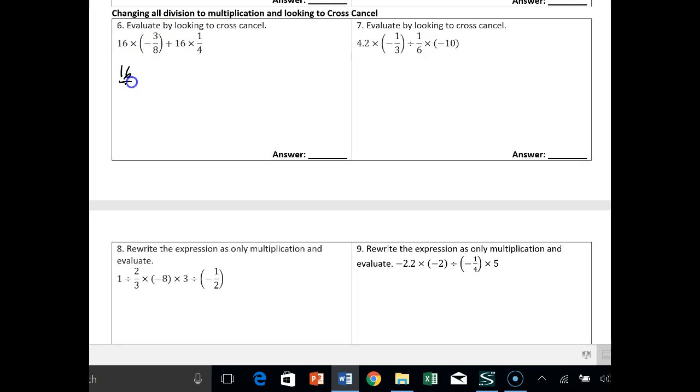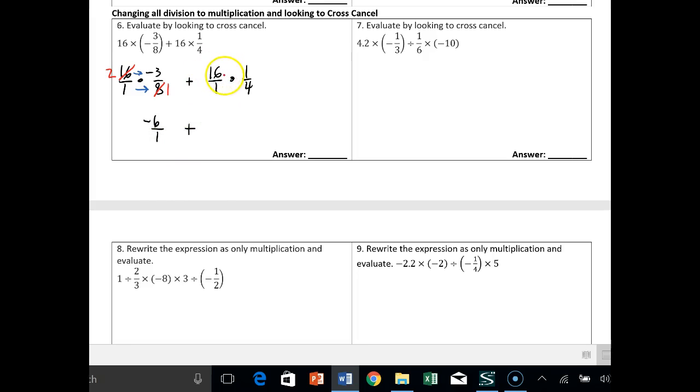So we'll say 16 over 1 times negative 3 over 8, and we're going to add that to 16 over 1 times 1/4. Now let's look to cross cancel, right? So 16 and 8 can divide by 8. So 8 divided by 8, 1. 16 divided by 8, 2. And let's multiply straight across. So this part right here gives us 2 times negative 3, negative 6, over 1 times 1 over 1,